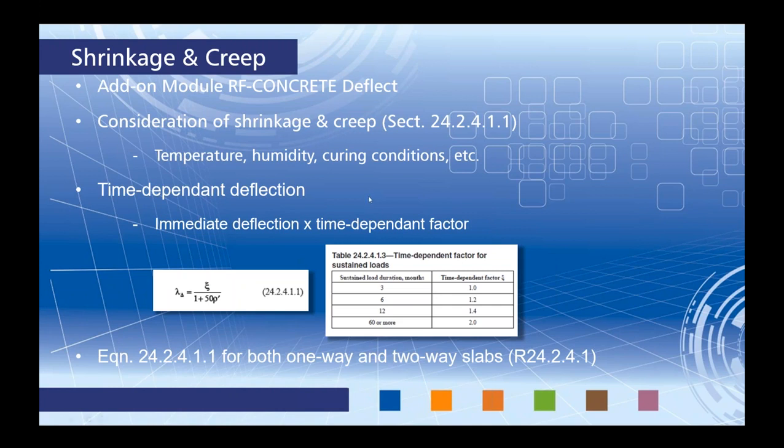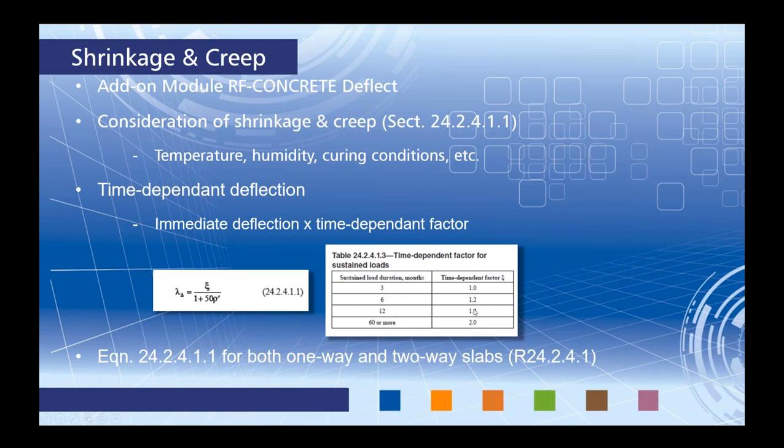So how do we do so? So you saw in RFEM, in RF-CONCRETE Surfaces, that we have an option to consider the load duration. Right now the default is set at 60 months. So this will use a time-dependent factor of 2.0. This time-dependent factor is multiplied by our immediate deflection. Immediate deflection is easy enough to pull from RFEM, but in order to consider creep and shrinkage, we want to consider this time-dependent factor. You can certainly put in any type of load duration in months as you'd like, and